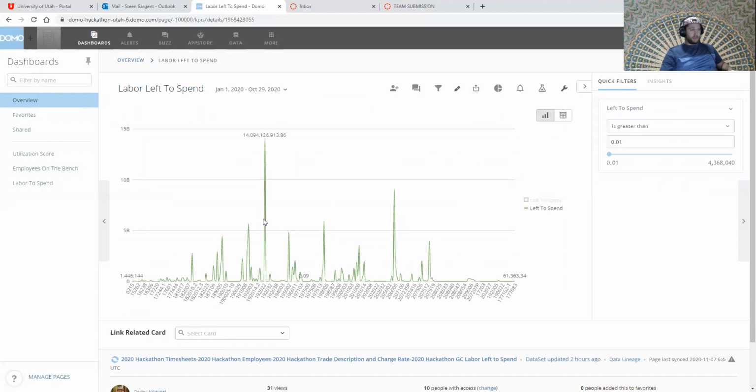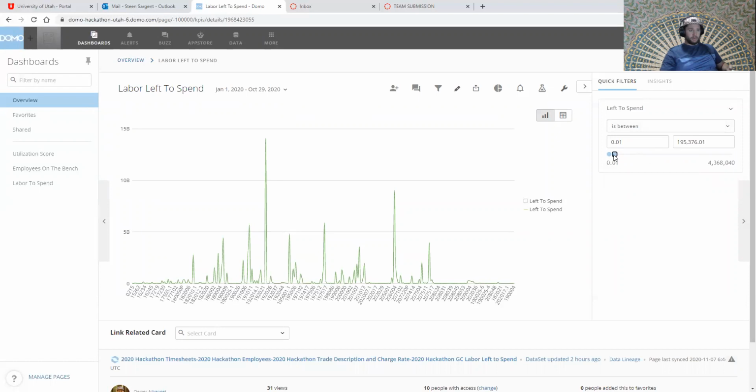By looking at all the labor left to spend, we were of the understanding that the employees who would be on the bench would probably be in these job costeds that are maybe finalizing down. So if we look at this in-between filter we have here and get down into smaller numbers,